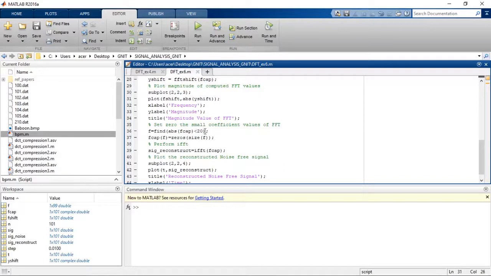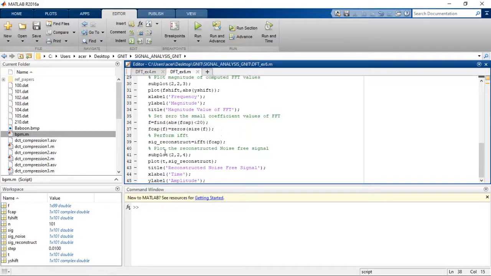So the threshold is determined based on the observation of the frequency spectrum. So let us observe the frequency spectrum from this, then decide this threshold value. If it is less than 20, they are insignificant values, so we are making it as zeros. Now perform the inverse fast Fourier transform.